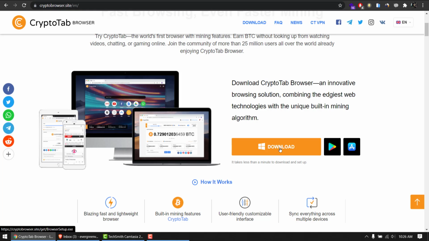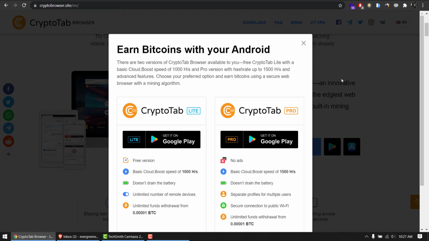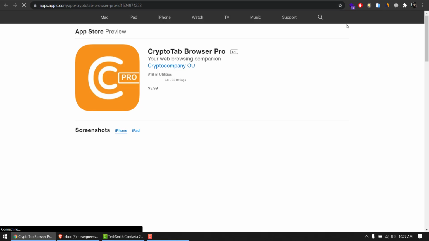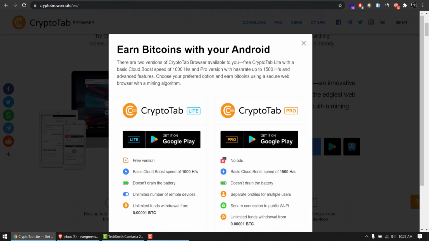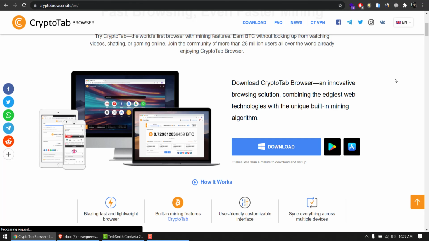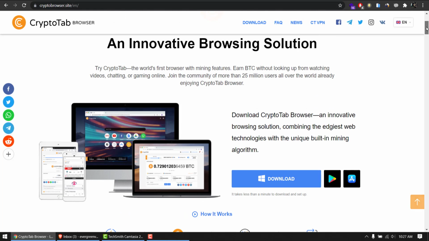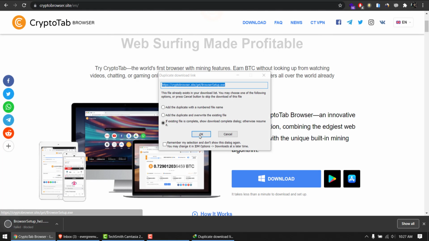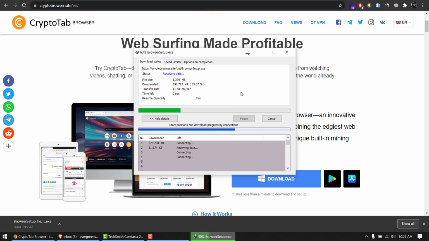So if you are on PC, you can download this here. If you are on an Apple device, you can download here, and if you are on Android, so these are basically two links directly going to Play Store or Apple Store, where you can download the free browser. Right, since this tutorial belongs to PC, I'm just going to install this on my machine. I'll simply download. It depends on your downloading speed.